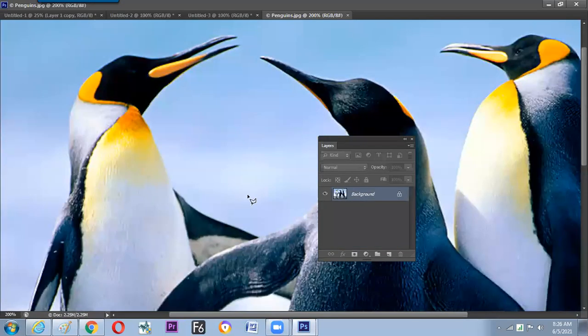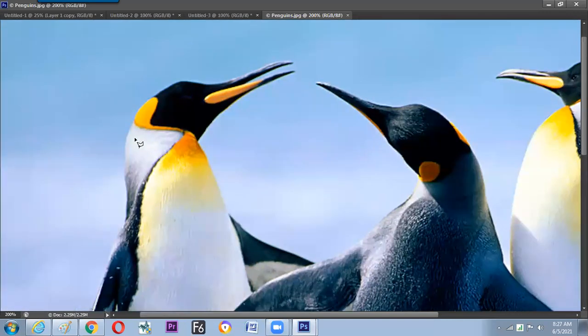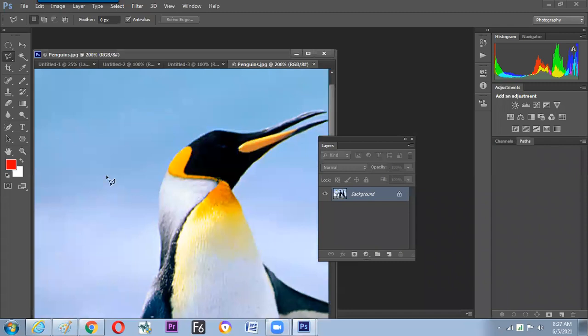Okay. Now the next tool we are learning is the polygon lasso. It helps to do the same selection but in a different manner, and the different manner is click, click, click. Before you were drawing, now it is clicking. And if you feel it is complete, just double click and it will close.